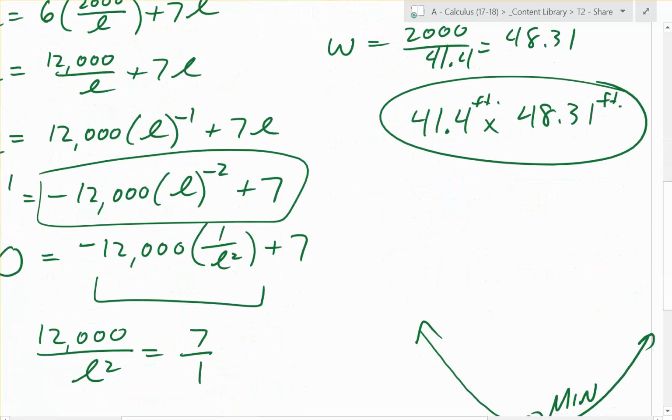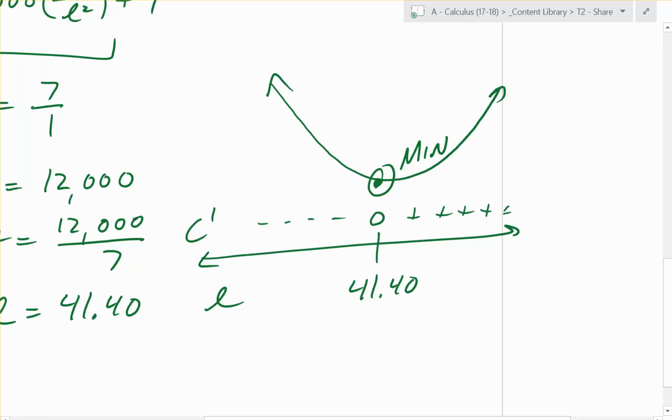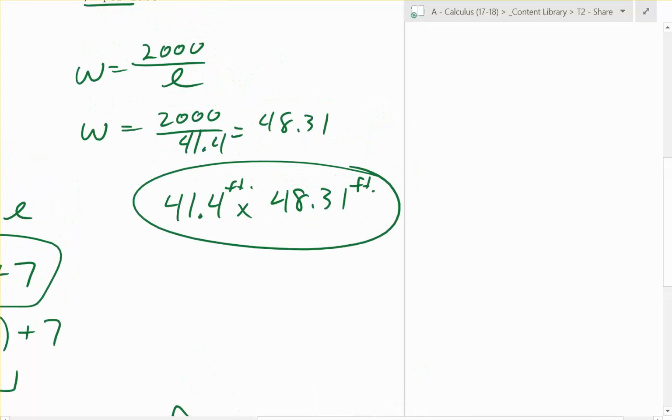So we found the L value that made the derivative 0. We verified that the minimum occurs there for cost, and then we found the